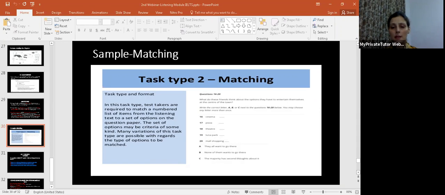There's going to be a little bit of change, maybe a little bit of change in the formatting. When you know the strategies and the tips, and when you understand the question, what the question is asking from you, you are going to attempt it more cleverly and more focusedly.